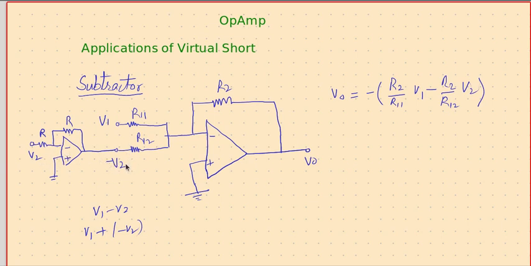So this way we can create a minus V2, and this is V1, then we get here this. So it's a scaled version of two inputs subtracted one from the other. And if you're not intended to have different scaling for each input, then yes, R11 and R12 can be made equal, and hence this will become just minus V1 minus minus V2, that is V2 minus V1 will be the output voltage. Yeah, you are free to select different values here, that will add one more scaling factor.